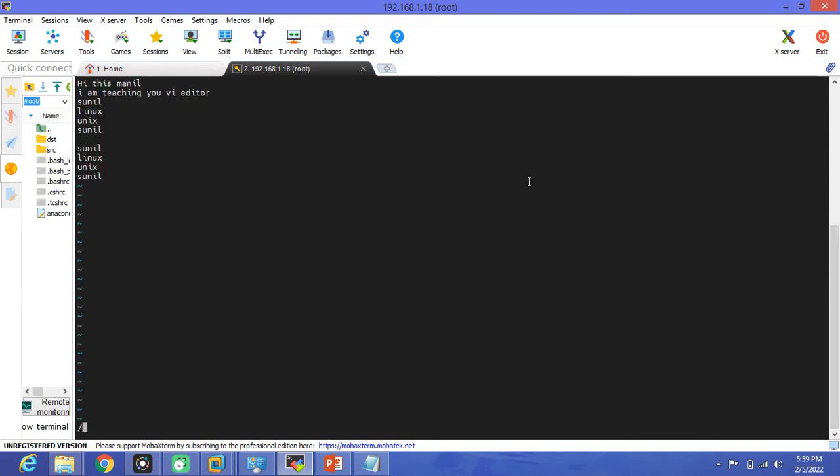If I want to search anything like Sunil, press slash, type Sunil, then press enter, and it will go over there. If you press n, it will go to the next Sunil, and again like that. If you keep pressing n, it will search through the entire file. In command mode you can perform these kinds of operations. If you want to change also, let's see, I want to change